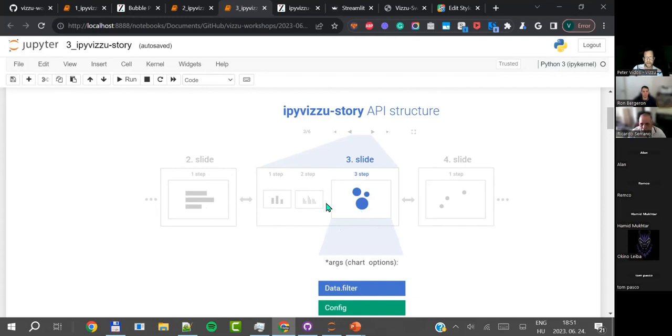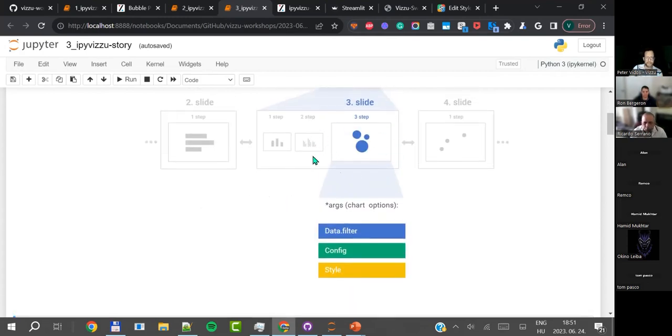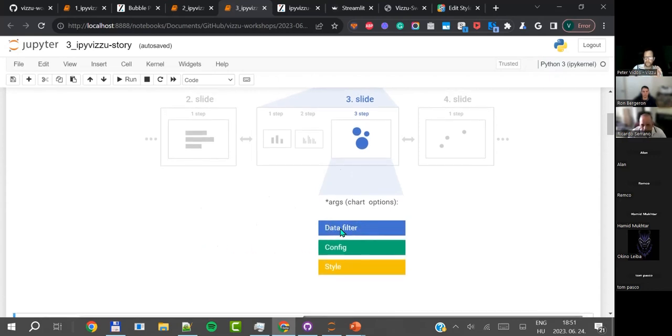So that's about it. The step is basically the same thing as a chart was in IPyVizzu. So it's really easy to start using IPyVizzu Story once you've learned how IPyVizzu works. You have almost the same opportunities. You can add data, but you have to add the whole data set right in the beginning. In IPyVizzu, you can add new columns, new rows, whatever, in each and every step.